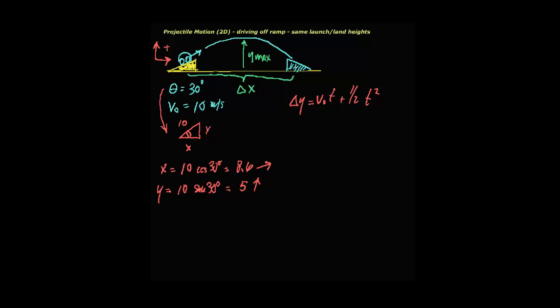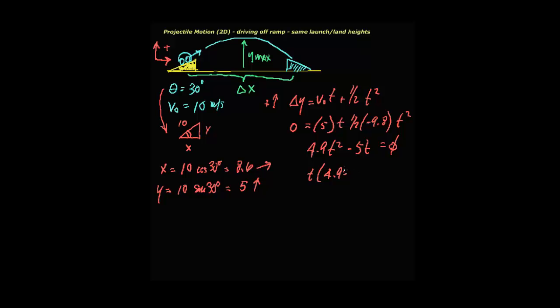But since we're going from the same height to same height, our vertical distance is really 0 at the end of the problem. So if I make that 0, my initial velocity 5, because that's upwards, right? We're going positive up. And that's 1/2 times minus 9.8 because gravity's down, times t squared. We rearrange this, we get 4.9 t squared minus 5t equals 0. Now, it's sort of a quadratic, but it's missing that third term. There's nothing else here. So this easily factors into t times